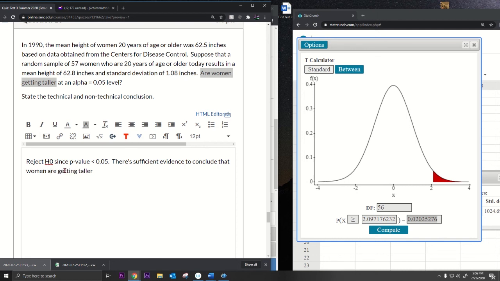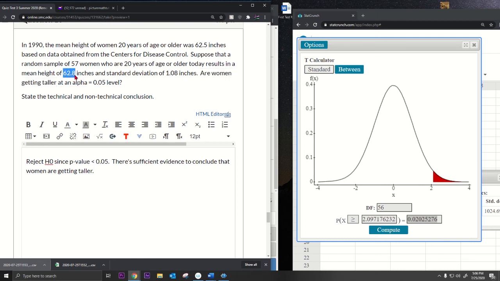That women are getting taller. To conclude that women are getting taller. Yeah, we can conclude that because we rejected the null hypothesis. There is statistically significant evidence. Yeah, there's sufficient evidence to conclude that women are getting taller,